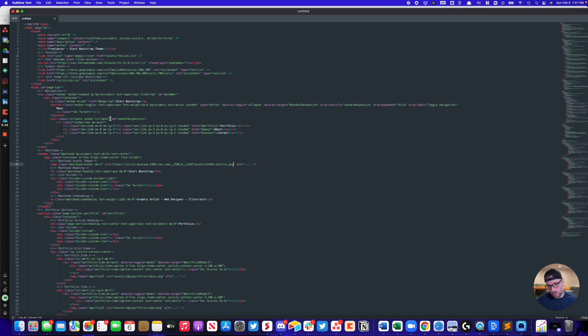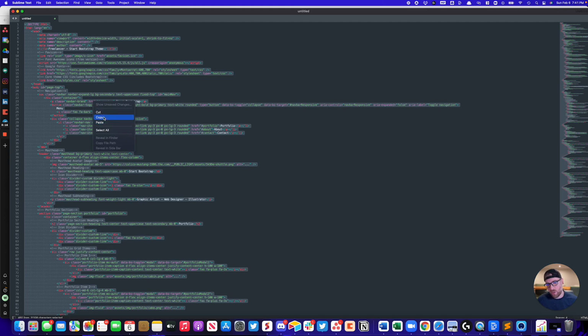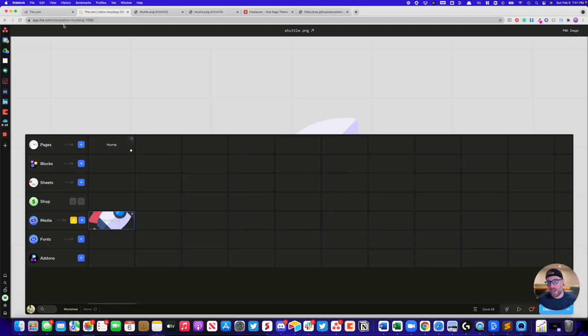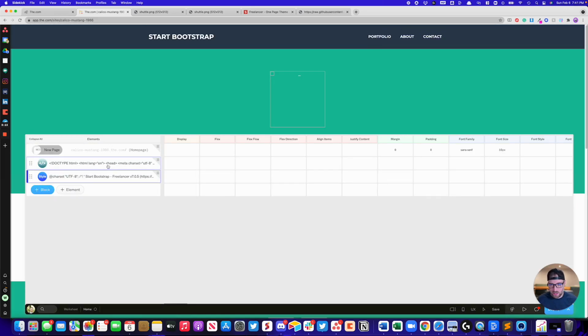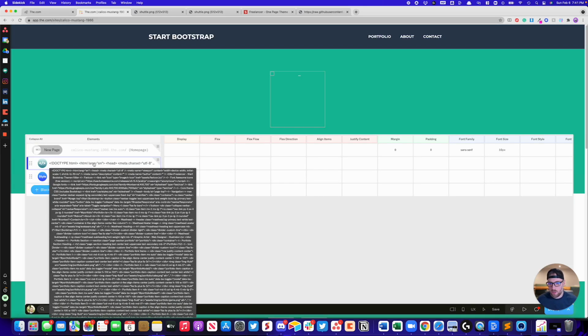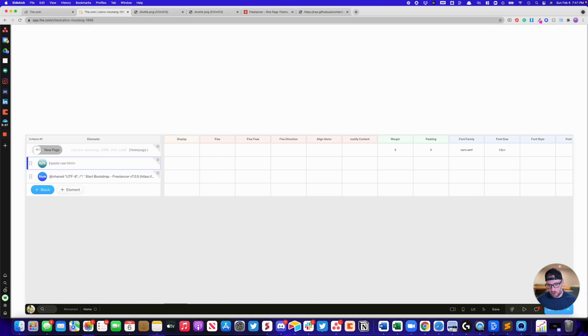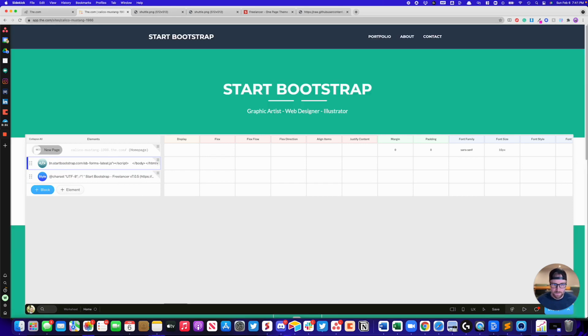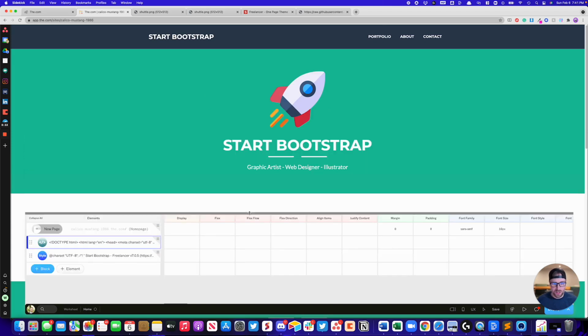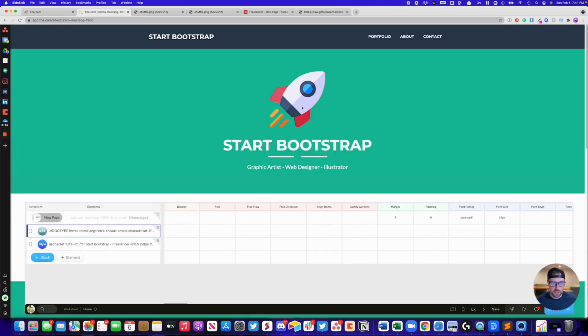Now, if we select all of this HTML, copy it, head back to our site, go back to the home page, and we go back to this HTML file, we can open this up, we can delete this all out, and now we can paste in our new HTML, and there we go. Our rocket image that we just uploaded is now live and replacing the current image that